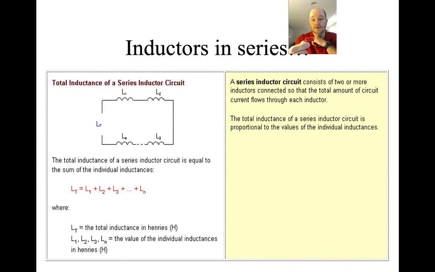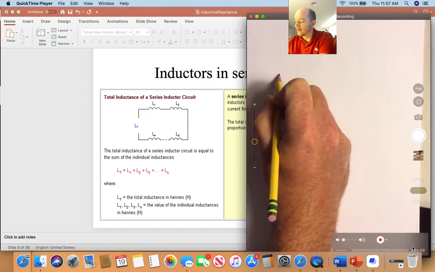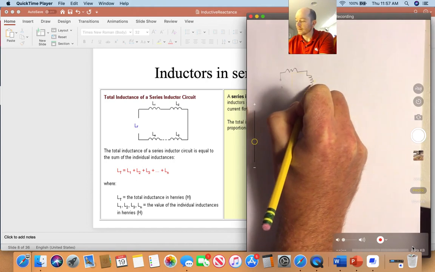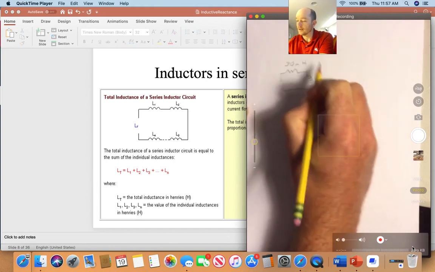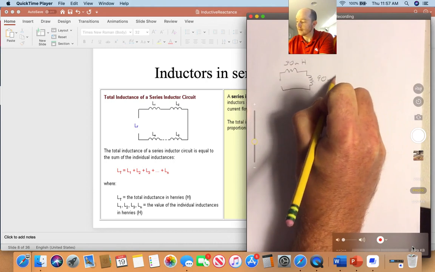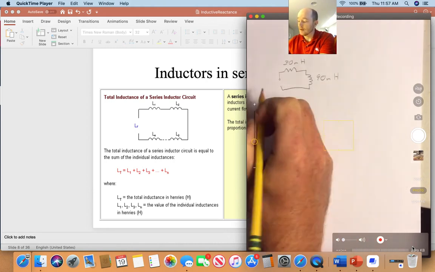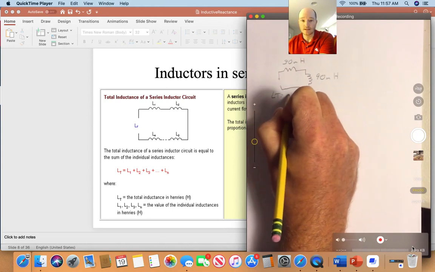Now, inductors in series. When we're trying to figure out the total henries, the total inductance of a circuit, if that's the only question we're asking, we add them up just like we would a normal resistive series circuit, meaning you simply add them together following this formula right here. Let me give you an example of that. If I have one inductor here and one inductor here, let's say this one is 30 millihenries and this one is 90 millihenries. Well, that's pretty easy. My total, my LT, is going to be